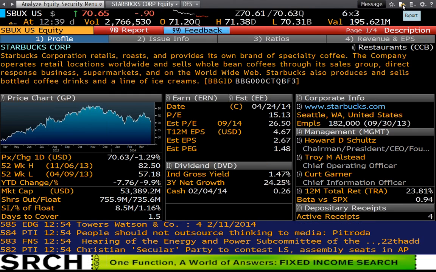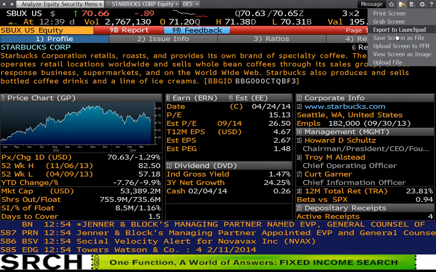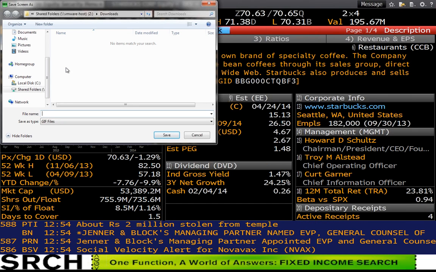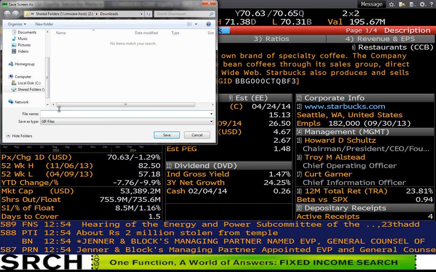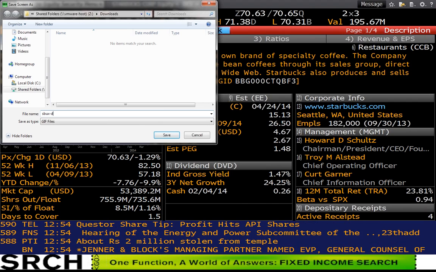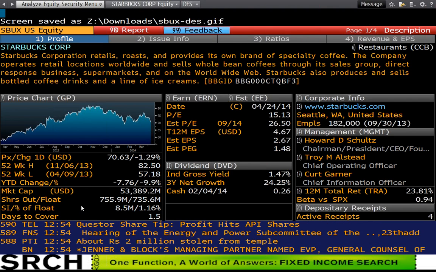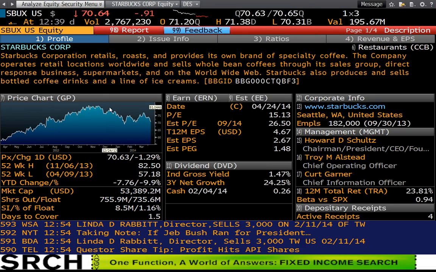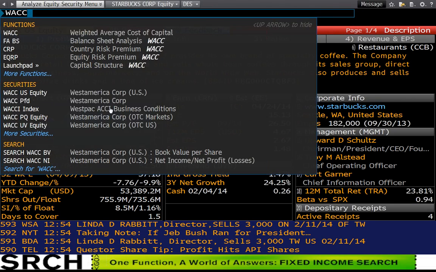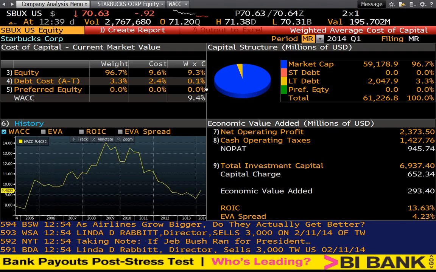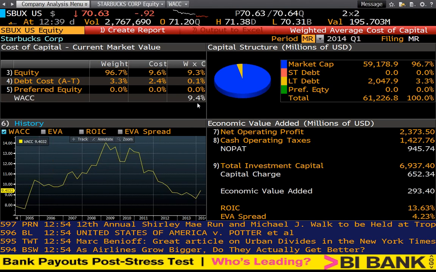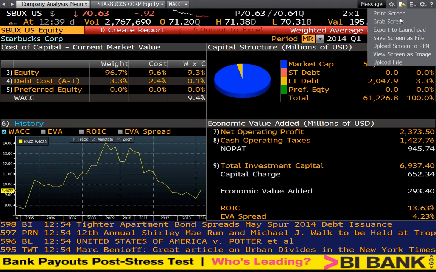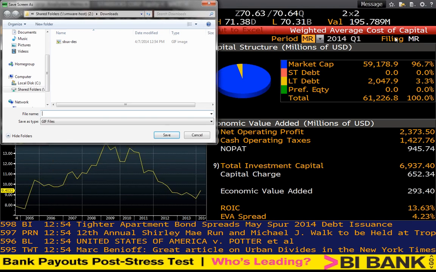So to take a screenshot, up here, click on Export, Save Screen as File, and again, the convention I'll use is ticker symbol, so SBUX-DES, because we're going to need the shares outstanding, right? Second, we're going to need the WACC, weighted average cost of capital, because this is the cost of capital we're going to use in our valuation. So again, I will take a screenshot of the WACC screen,